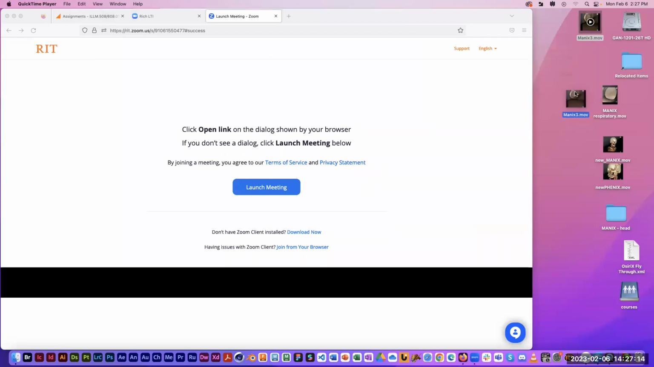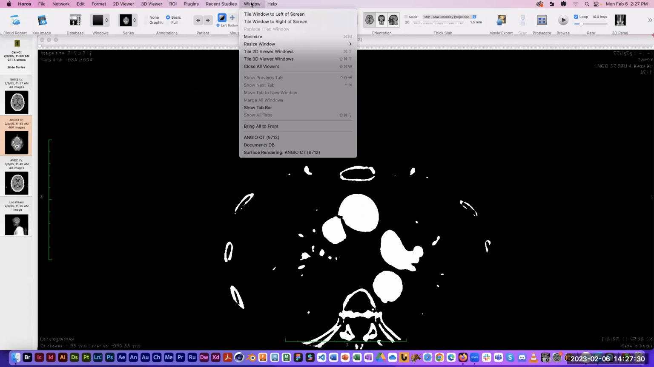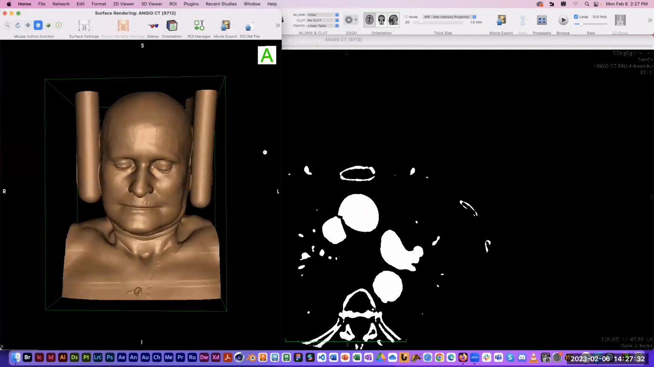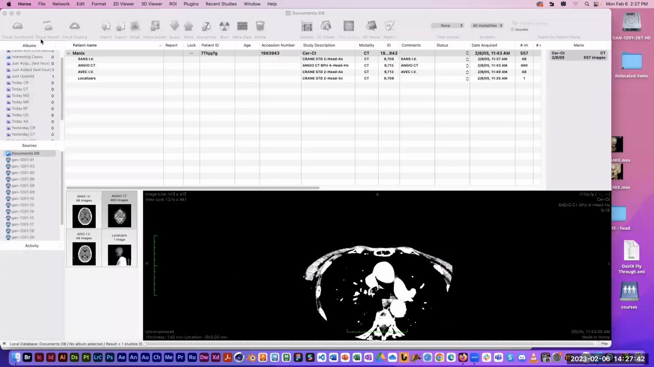So those two examples are movies exported from a surface model. And remember that we have a couple of different kinds of models that we can create. So I'm going to close the surface rendering. I've still got my 2D rendering here. I mean, I could close that too, but